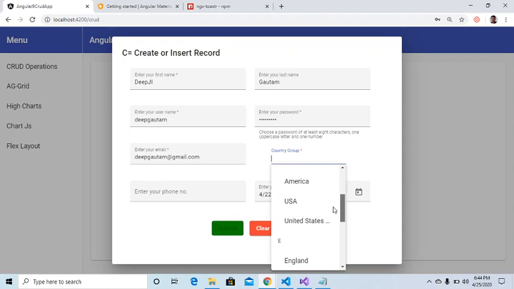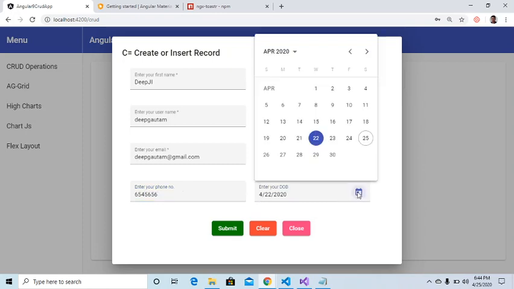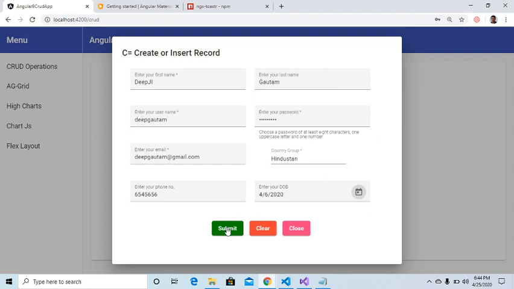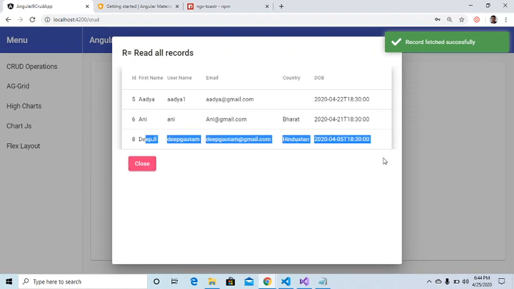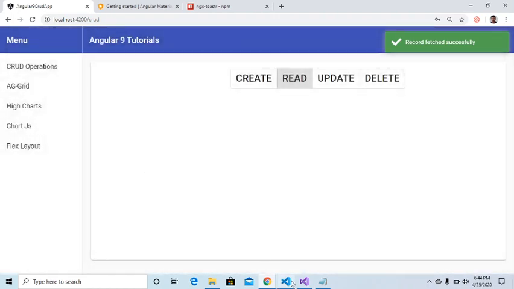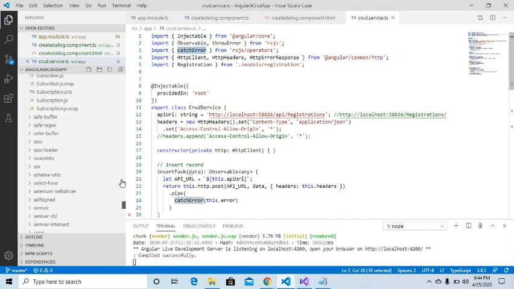We can select any of them, and let's say I'm selecting this and this one, and then we are giving a phone number, and then we can select the DOB, whatever you want, and we'll just say submit, and it will go and interact with the RESTful API inside this particular record. Alright, the record has been inserted. You wanted to see, yeah, of course, this record we have inserted just now. That's what it is. Okay, now it's time to check the second component which we have created.